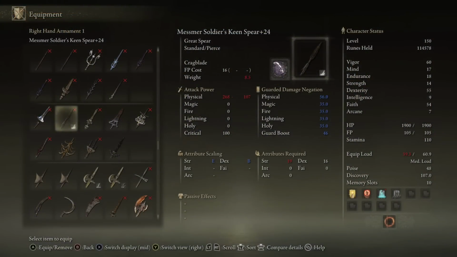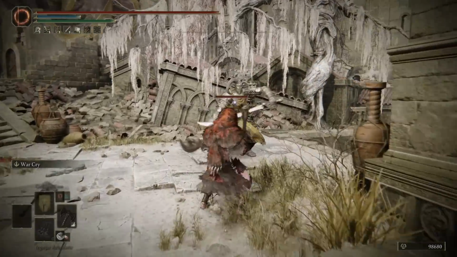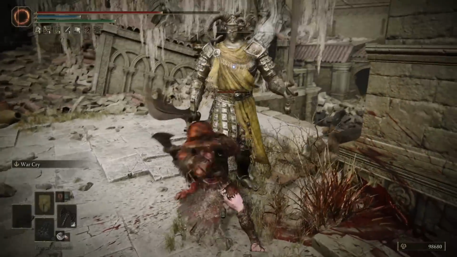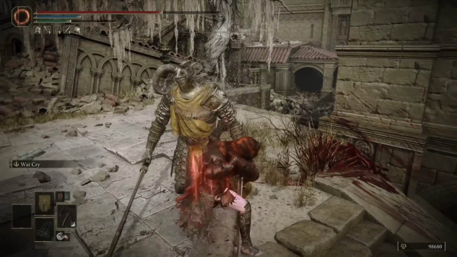Second, then we have a sort of dual entry, which are the Messmer Soldier Great Spear and the Messmer Soldier Axe. Both of these have unique heavy attack interactions that you wouldn't really know without playing around with their movesets. Both of these are infusible weapons, so any Ash of War that you want that applies to their weapon class is available as well, and the Axe has the same heavy attack moveset as the Warped Axe from the base game, which